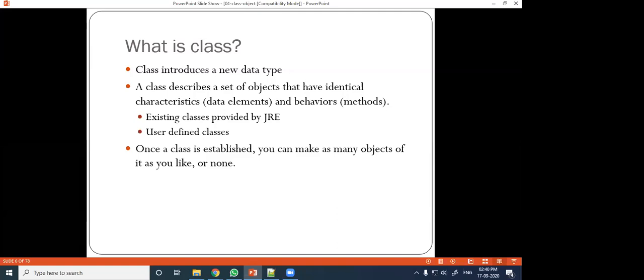Once a class is established, you can make as many objects of it as you like. So once you define a class, you can create as many objects as per your requirement. Or sometimes if an object is not required, you will not create it.